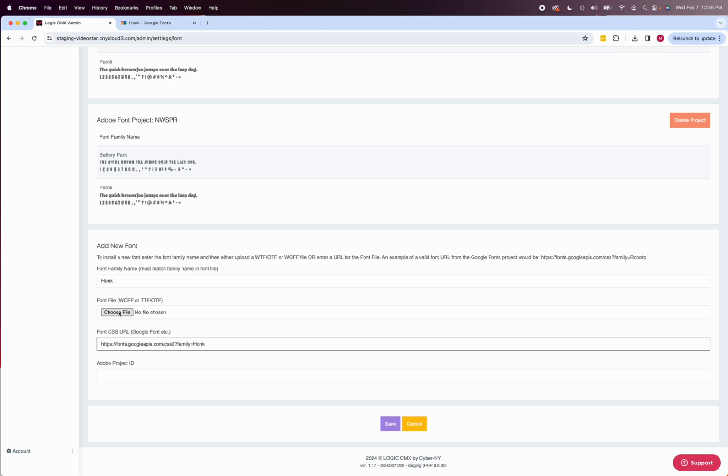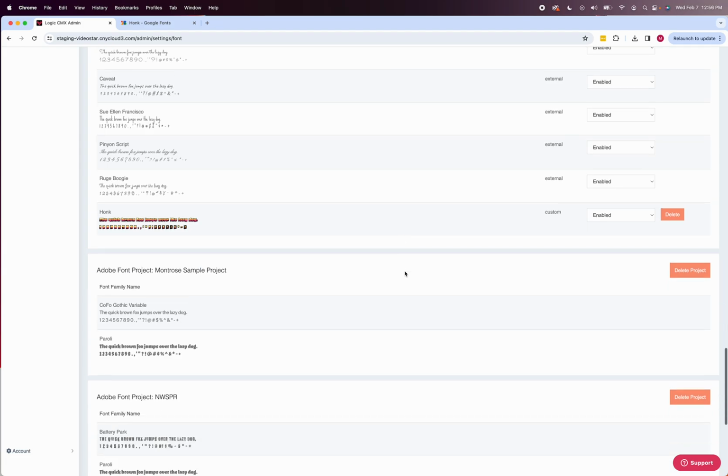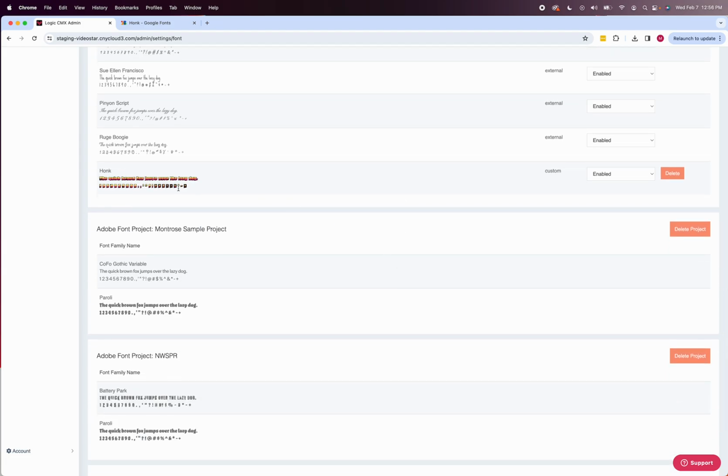And then you save. There's also the ability you can upload a file, and it's the same method. You put in the name and upload the Google font or other font file here. But we prefer the web font method of entering the URL. Now we'll save this, and you're going to see it says fonts updated. So if we scroll all the way to the bottom of the font list, Honk now shows up,